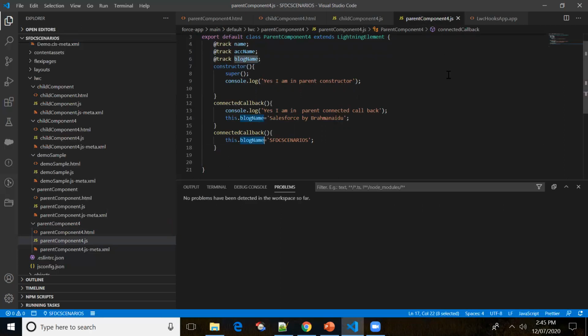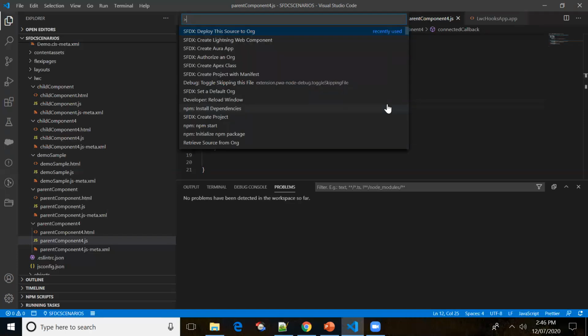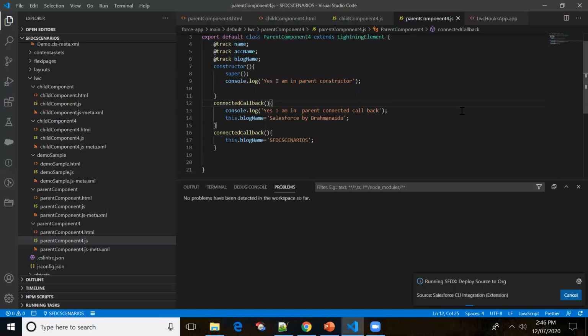What happens when you execute this code? The value will get overridden. The first value will be Salesforce by Brahmanide, but since we have written more than one connected callback, the final result would be SFDC scenarios.